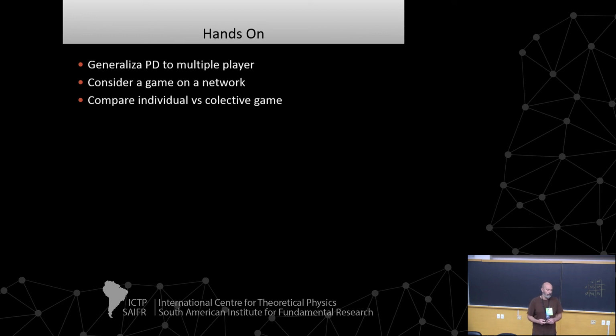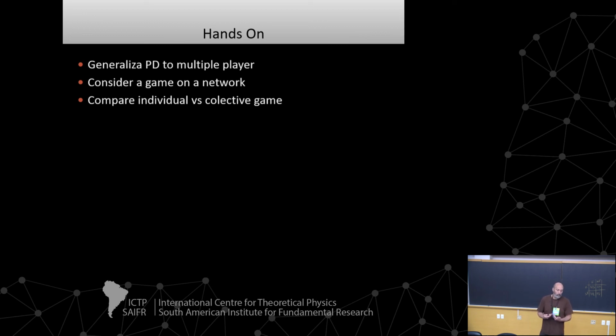Then what we will do is play this game that you have elaborated on a network. But for this, we need to introduce the notion of evolutionary game, because if not, you don't know what to do with a network. On this network, the players will need to play several times, and they will be able to change the strategy. But in order to know how they will change the strategy, you will need to understand the concept of evolution for the game. So this is something that we will be seeing in the next classes. And then the idea is to compare